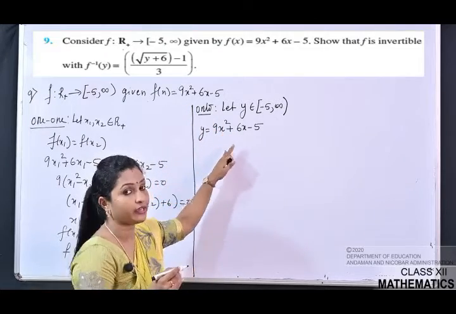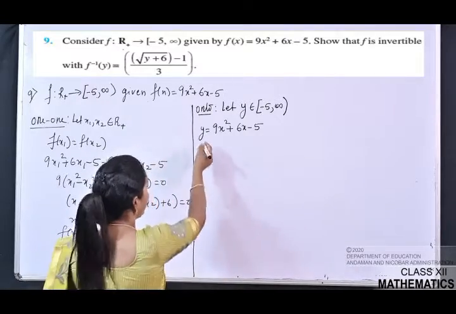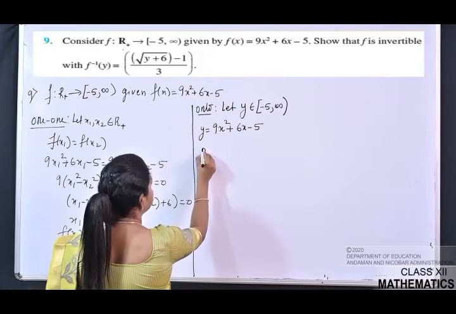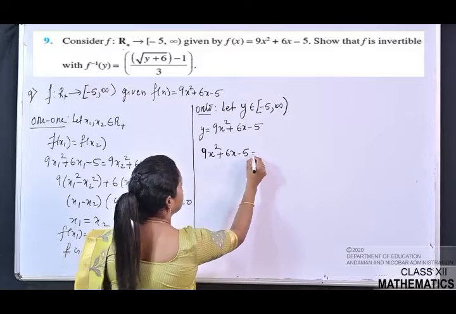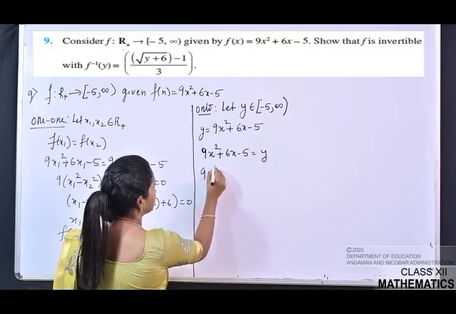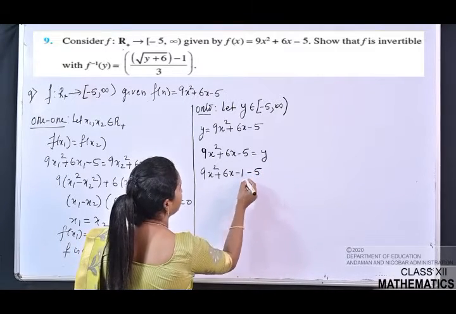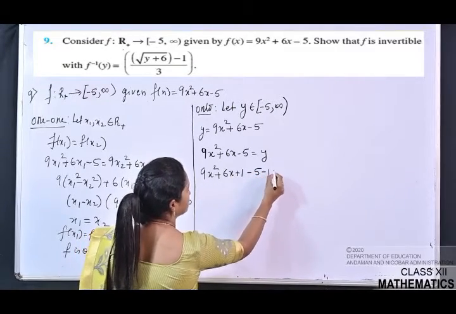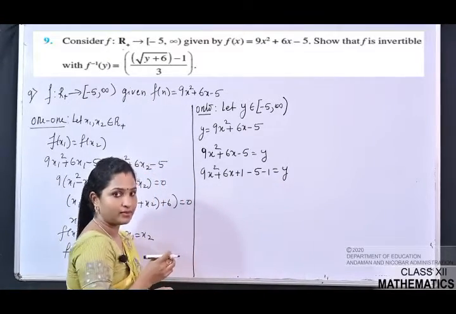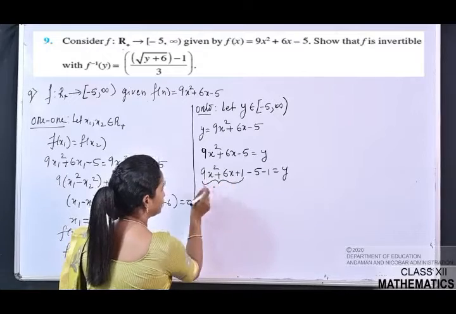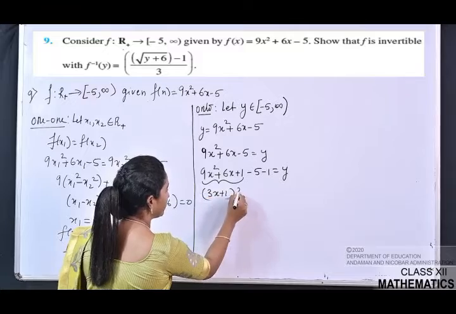यहाँ पे इसको थोड़ा सिंप्लीफाई करने में आपको थोड़ा दिक्कत हो सकता है क्योंकि आपको x की वैल्यू निकालनी है। So what you will do here, I am writing it as 9x square plus 6x minus 5 is equal to y. 9x square plus 6x minus 1 minus 5, या plus 1 कर देते हैं, minus 1 is equal to y. What I am doing? I am adding and subtracting 1. What happens? 9x square plus 6x plus 1 is nothing but 3x plus 1 the whole square.